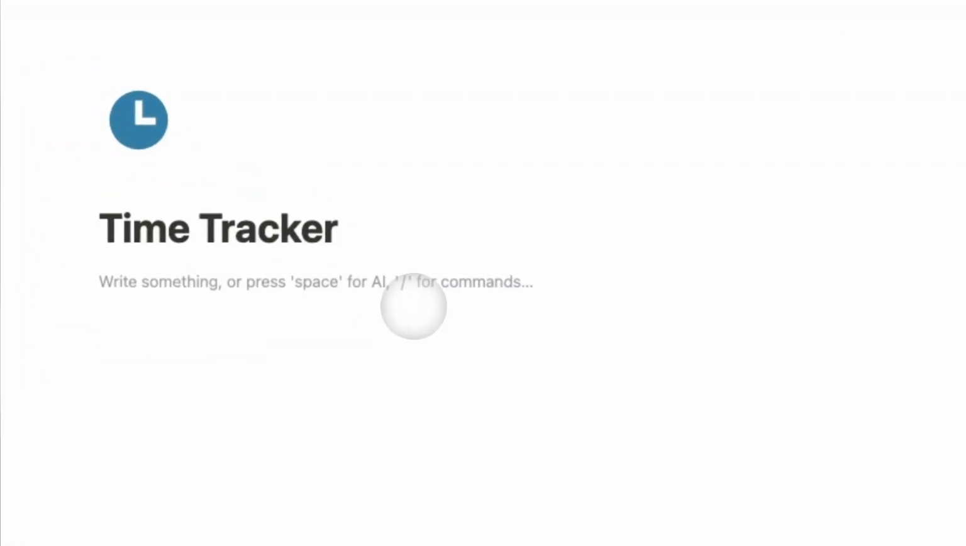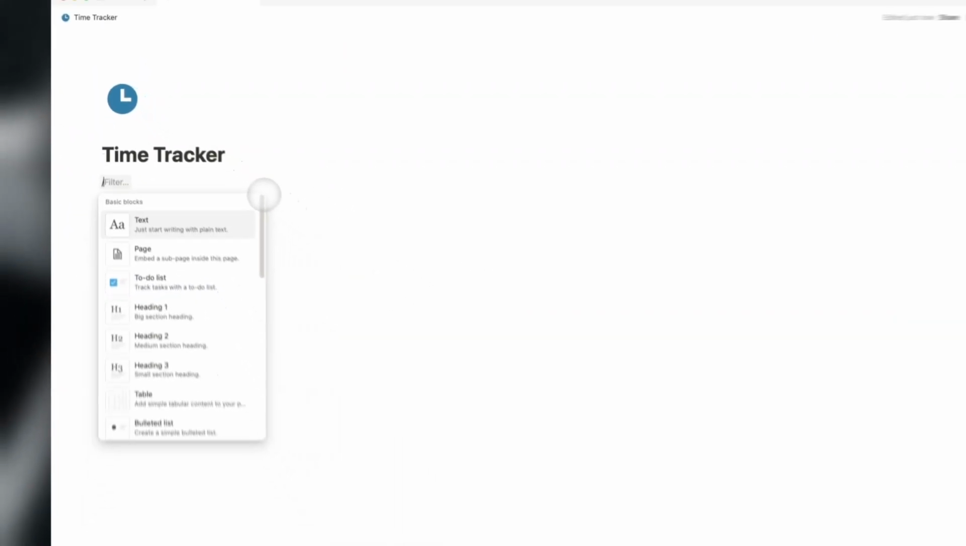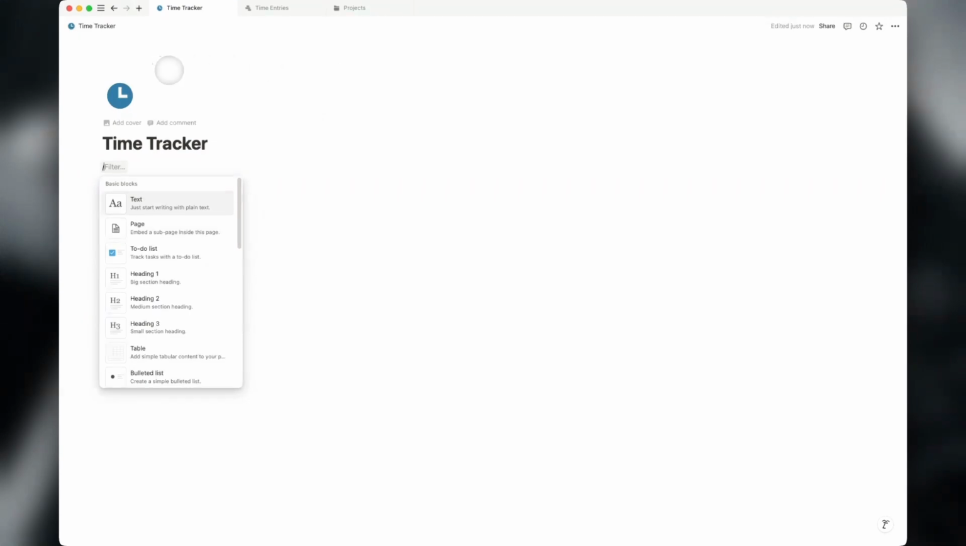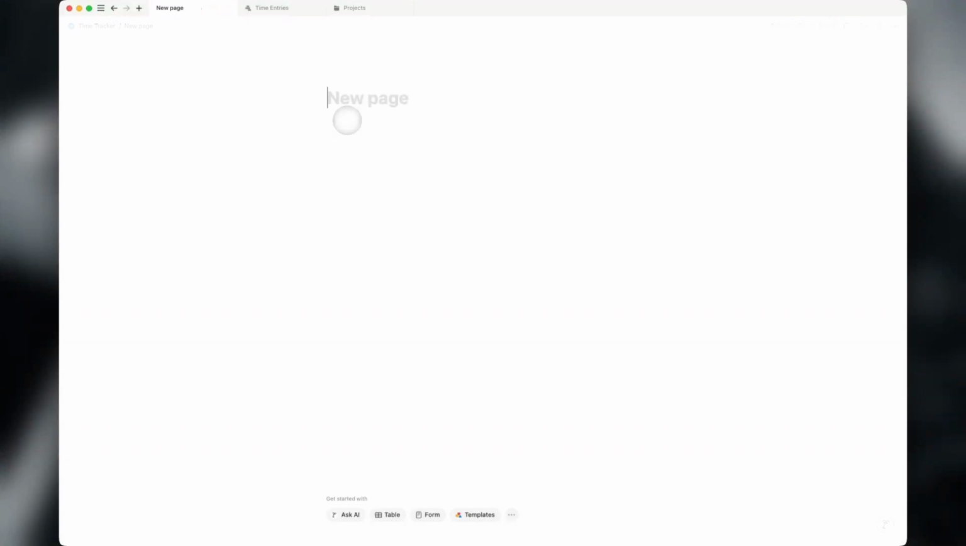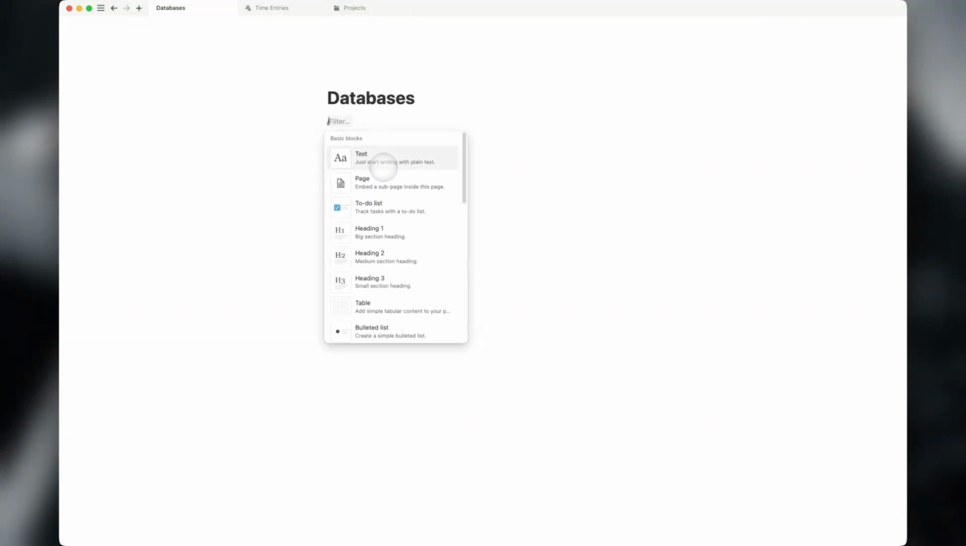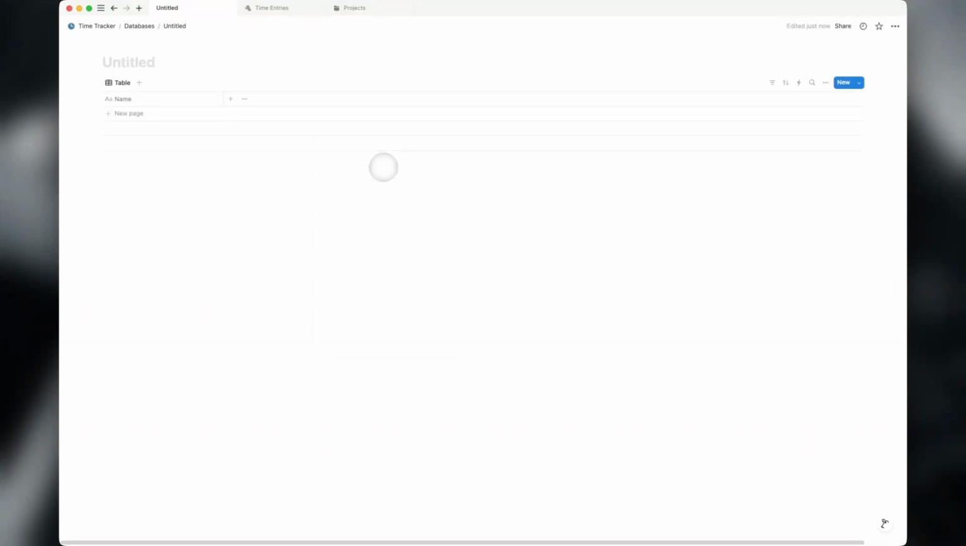Okay, hello friends. So let's get started by creating a template, a page for the shortcut to work properly. I'll start with creating a page called databases. Inside we will have a few more pages. It will actually be more databases. First one is